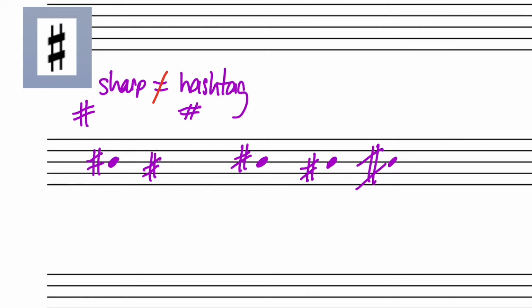So we want to make sure that the sharp is centered over the line or the space to which it refers. And so, as I said before, a sharp is not a hashtag. Here's what happens if I write the sharp as if it's a hashtag. Let's say I'll take that same note. I'll erase some of this just for clarity. I'll take that same note that I was working on and I'll make it a hashtag. So I'll give it the slanted lines here, and then the horizontal ones like that. In this case of the line note, it isn't too unclear, right? But what happens if this becomes a space note?